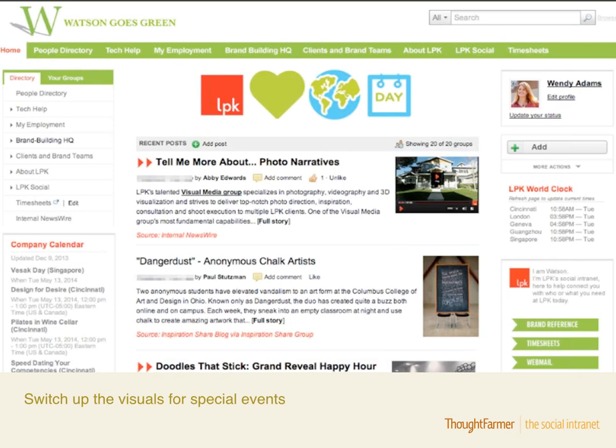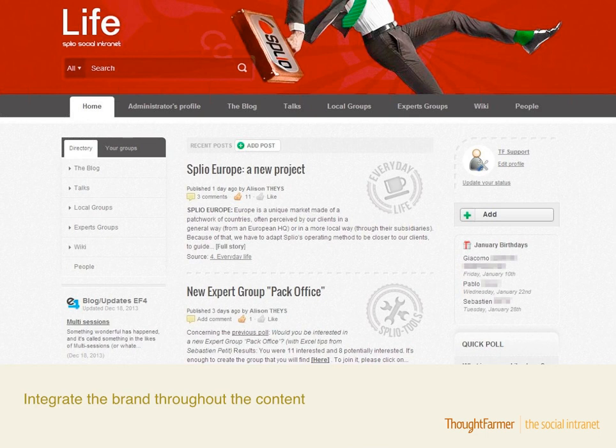Another way to carry the brand throughout is to integrate it throughout your content. So as intranet administrators, you have control over what the header looks like, over some of the design elements on the intranet, but an intranet is really only as good as its content. And what Splio did, who is a French company, they're amazing at design. They did all the design on their intranet. They do marketing software normally. And so what they did is they created a lot of different little icons that people could use in news articles, and they made it easy for people to add those and incorporate the brand throughout the